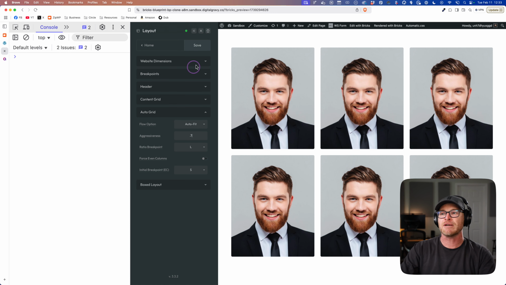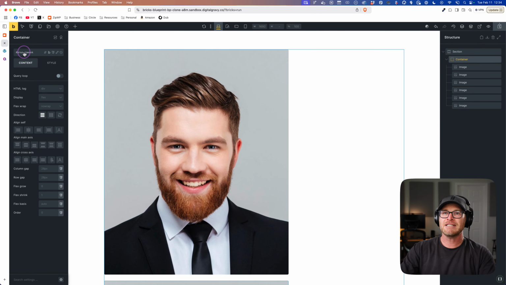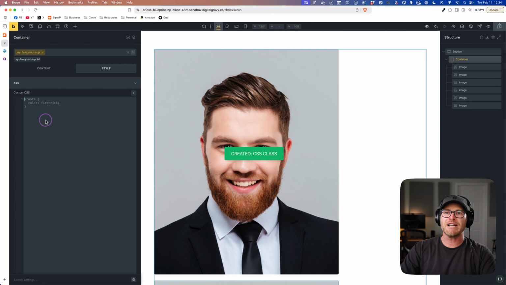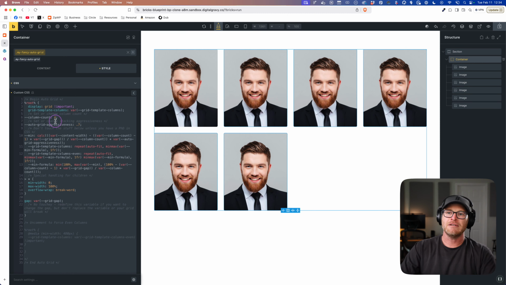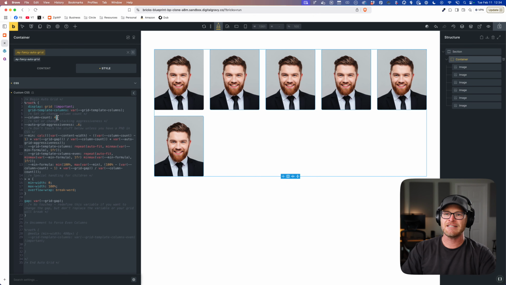Now, let me show you something about this, because if you don't use the class, let's say I did my fancy auto grid and I want to use the recipe. So I go auto grid. Guess what? You now have control over just this grid's aggressiveness with this little variable right here. So when I go to 0.4 or 0.5 or 0.6, that only affects this particular grid. You still have column control, how many exist.